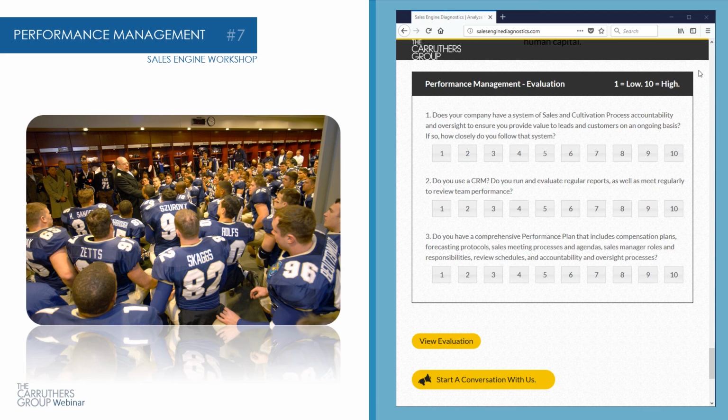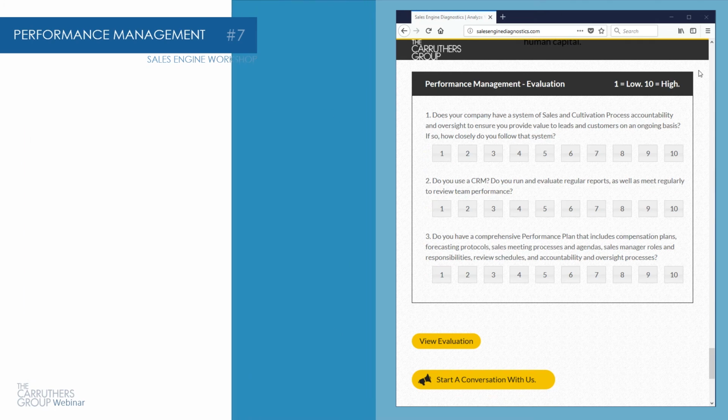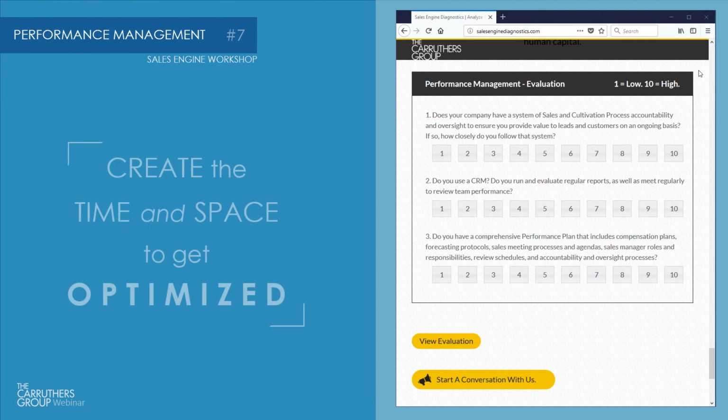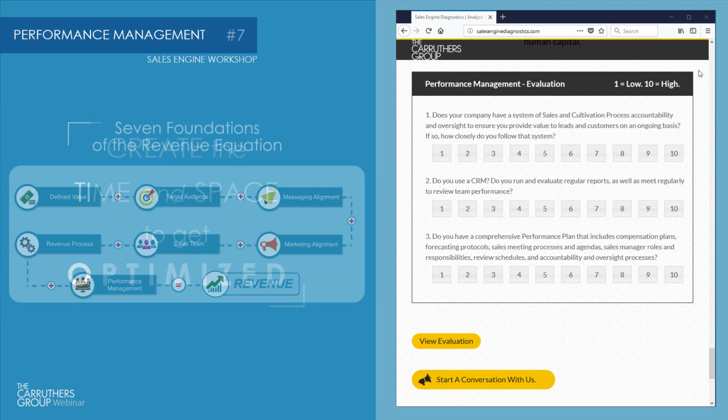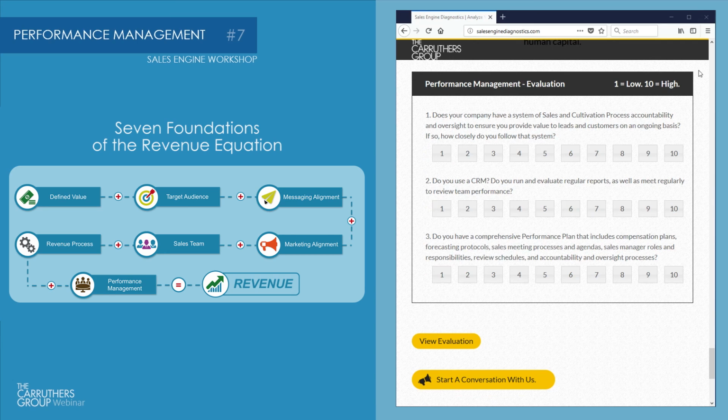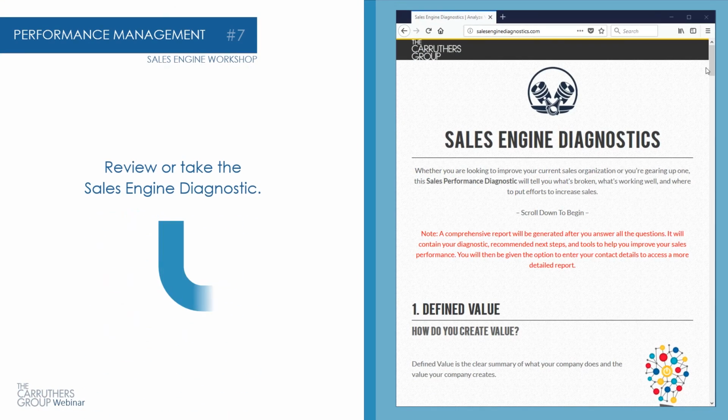And if you're the head coach of the actual sales organization, you're the sales manager, VP of sales, president of the company, whatever it might be, you have the exact same job. Find the time, create the space, put the technologies in place so that you can be optimized and be your best and run the best sales organization as you can. So that's really it. That's our workshop. I really wanted to give you a high-level overview of how we think and how these 7 foundations, when you put them all together, you put them in order, will create breakthrough performance.